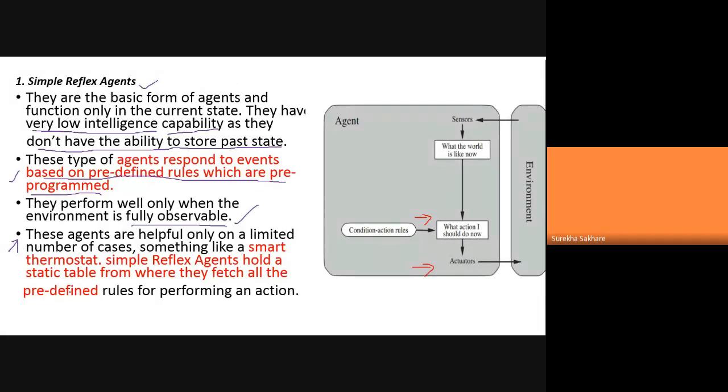For example, we can take an example of reflex action. Suppose somebody comes and pricks you. Reflex action. You know reflex action? Somebody comes and pricks you. Pricks means one pointed pin is there, and you are pricked.